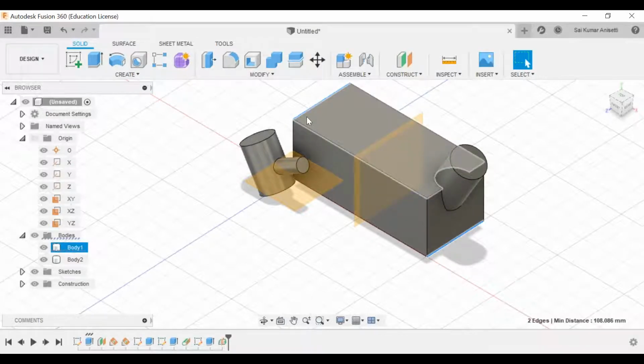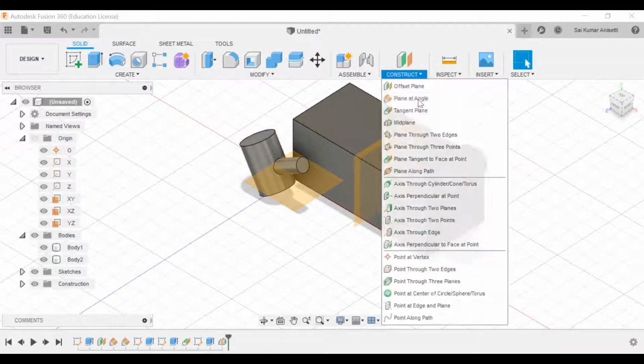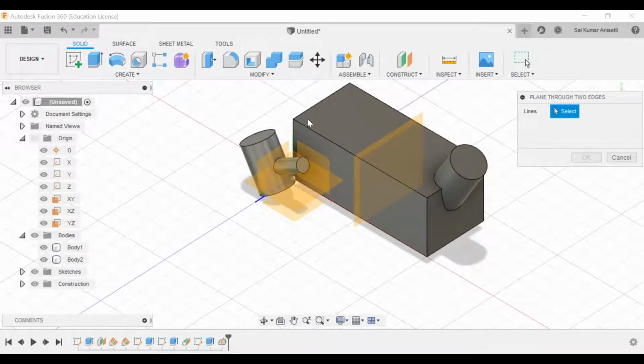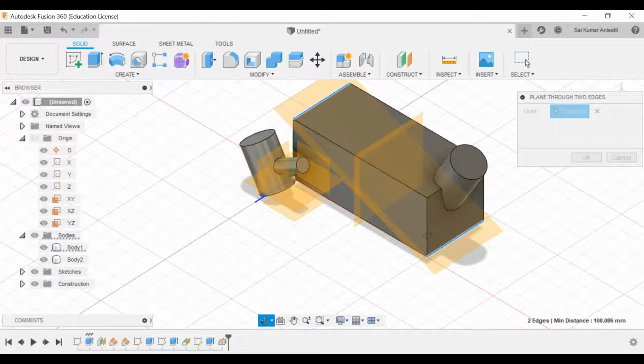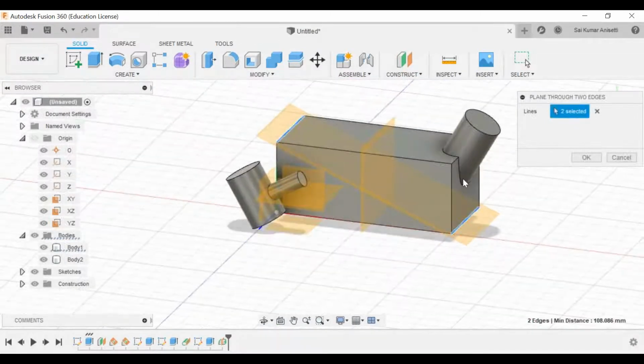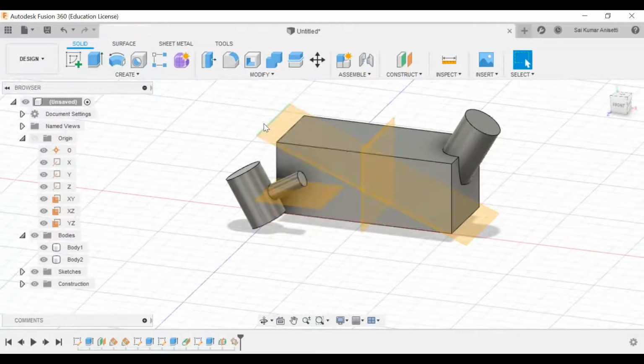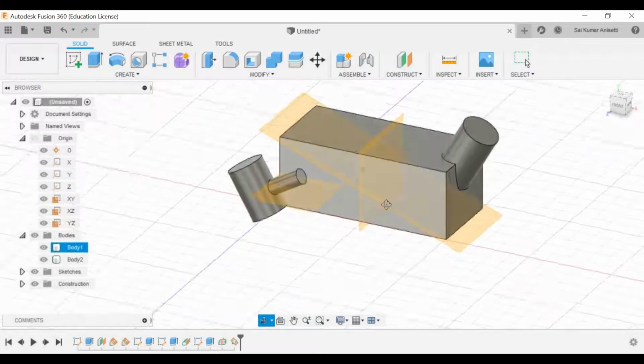So I cannot fix a plane, I cannot give a particular angle to it. In that case I'll go plane through two given edges, edge number one and edge number two. It will create a plane passing through two edges of a given rectangle or whatever it might be, however complicated the structure is. It will create a plane passing through these two edges.